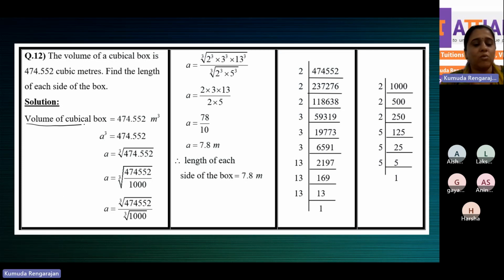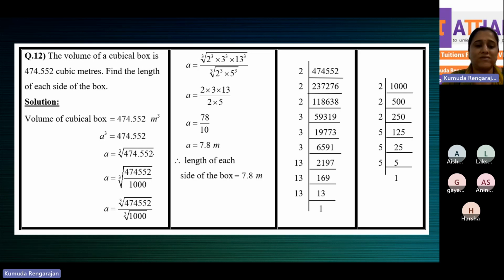The volume of the cubical box is given as 474.552. What is the formula to find the volume? A cubed. A cubed is equal to 474.552. So A is equal to the cube root of